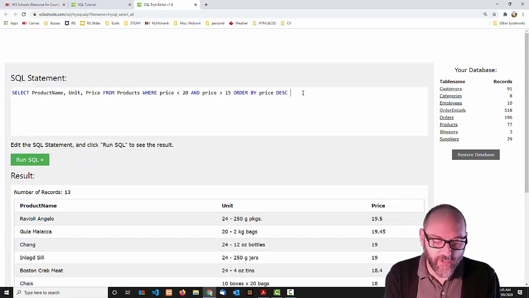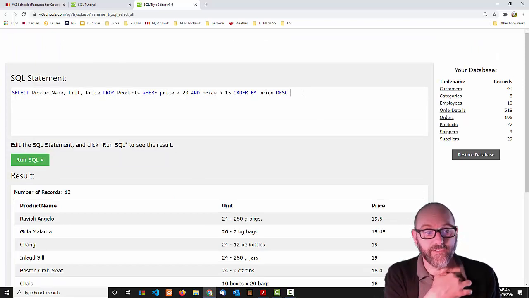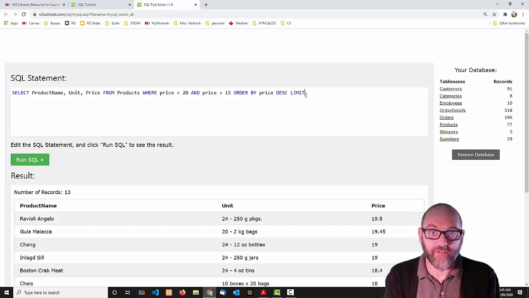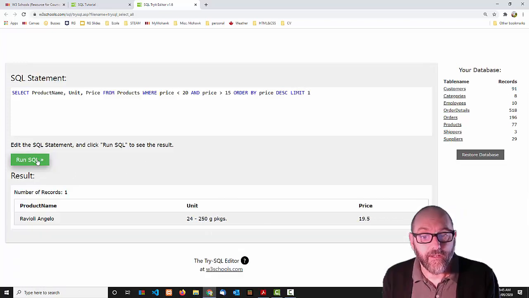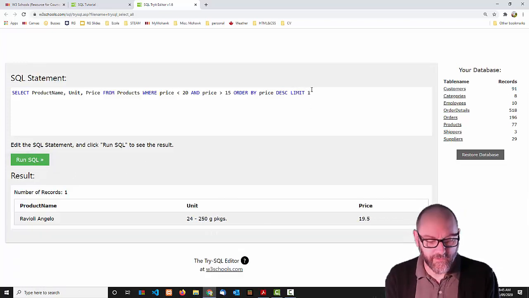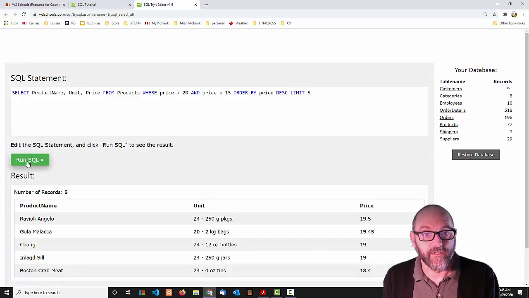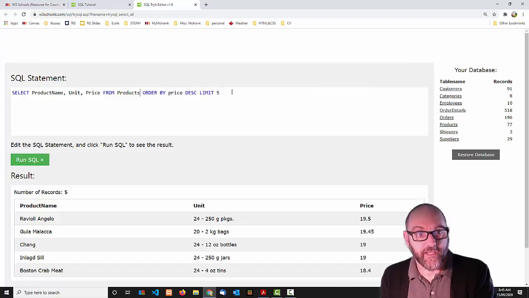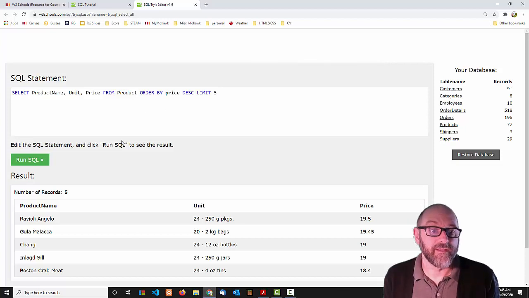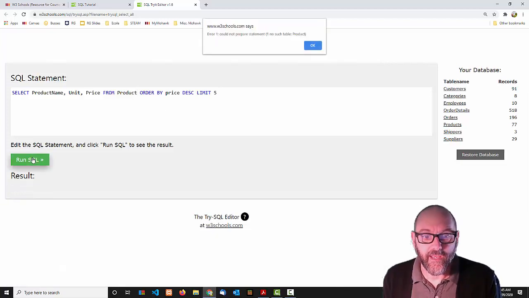And finally, if I wanted to limit my query to just getting maybe the most expensive product in this range, I can go limit 1, like that. There we go. It just gives me the 1. If I want the top 5 products, I can do that. And I can also remove the where clause here to say, okay, I want the 5 most expensive products. And